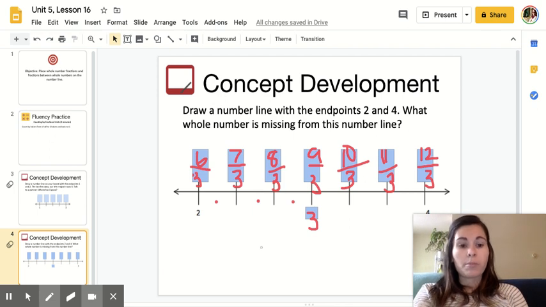Your first step is always look at the whole numbers that are on the ends of the number line. Then count the parts between 2 wholes to